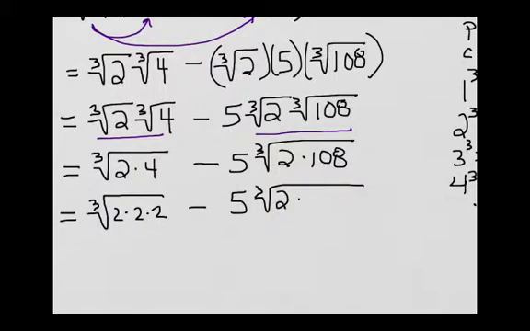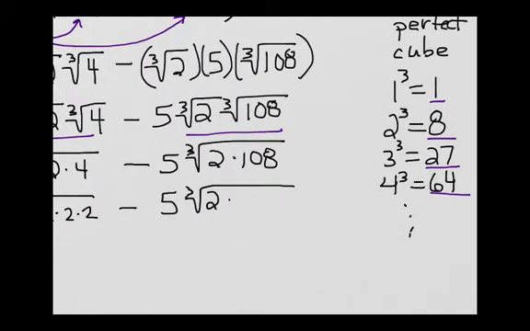Now I'm going to check 108 and see if it's divisible using my calculator. 108 divided by 8 turns out is not evenly divisible. 108 divided by 27, oh, I find out that 108 is the same thing as 4 times 27. So I can rewrite that